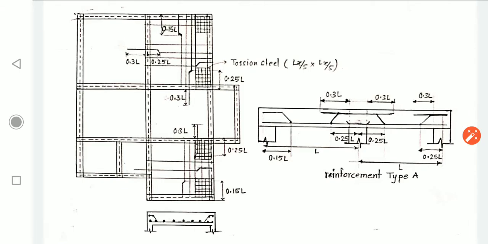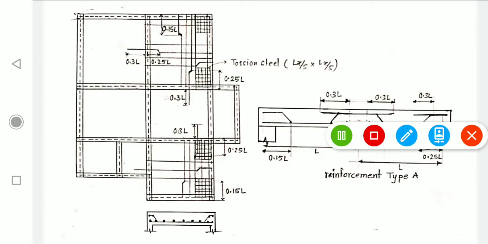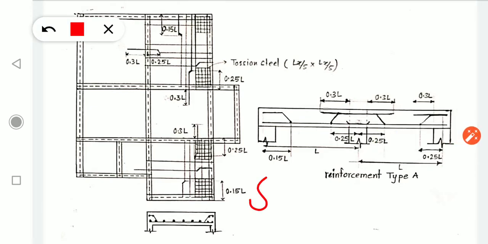Now in the previous lecture we covered reinforcement detailing for a single panel of a slab, right? I have taken a single panel of two-way or one-way slab, and we have understood how to give reinforcement detailing in it. But what if we want to give detailing for the whole structural plan, which I already explained to you in the previous class, that there is a structural plan